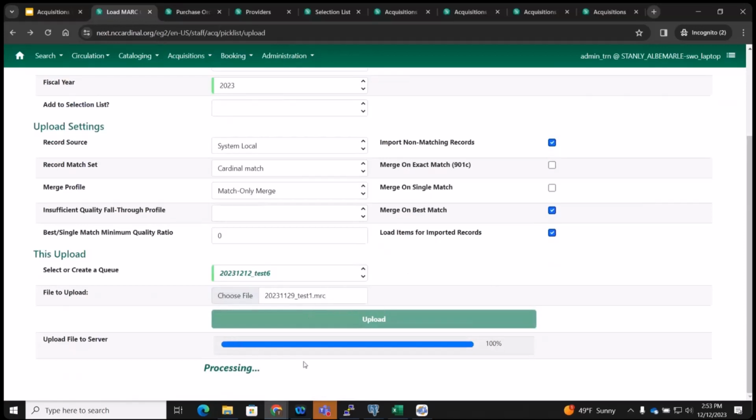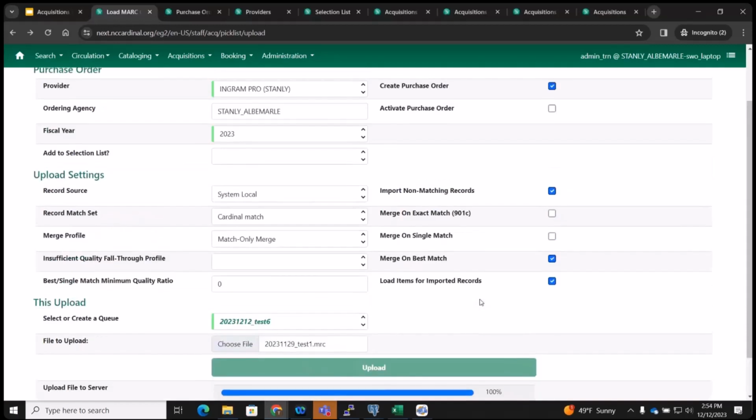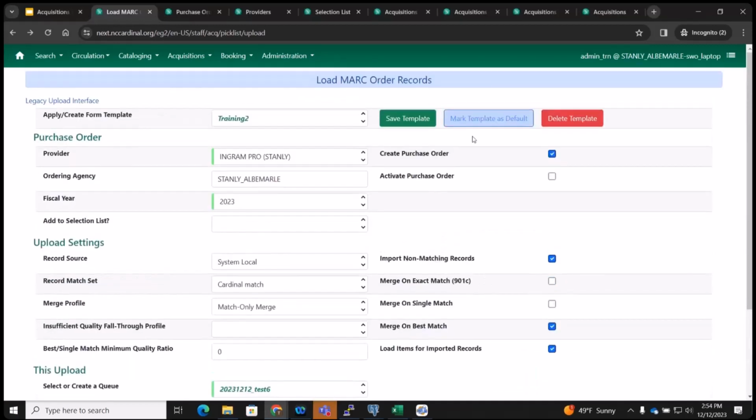I'm hoping this works because I wanted to show you that it lets you go into the queue itself, like the cataloging one does, which I think is really useful. Looks like it's stuck on something right now though. So I'm gonna let it do its thing for a little longer, but